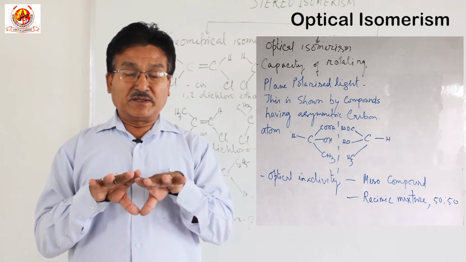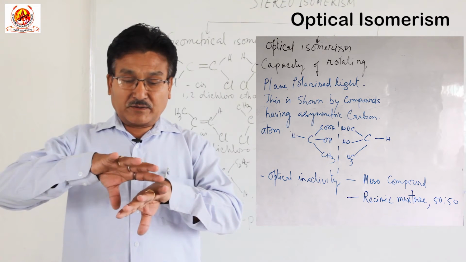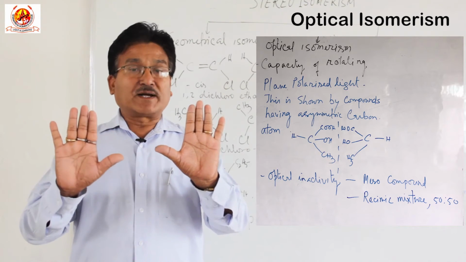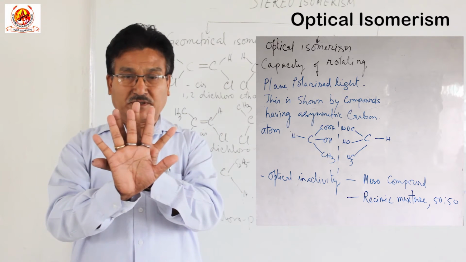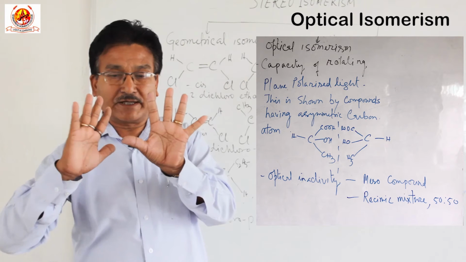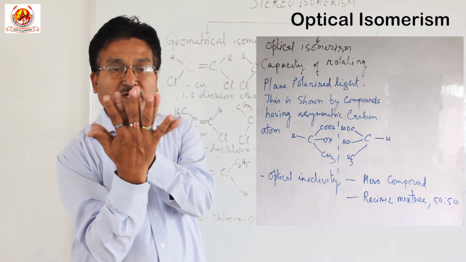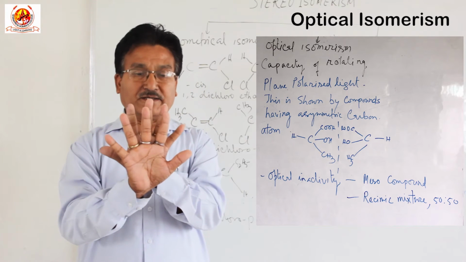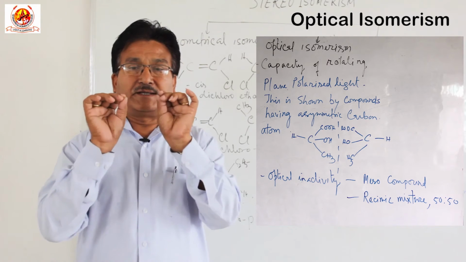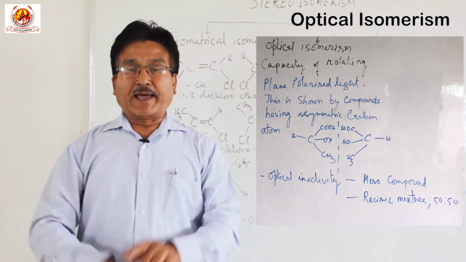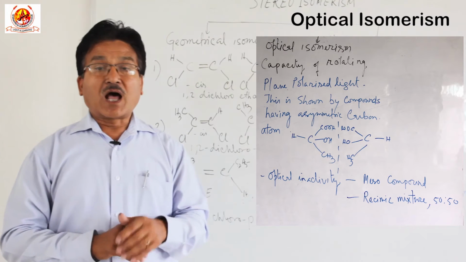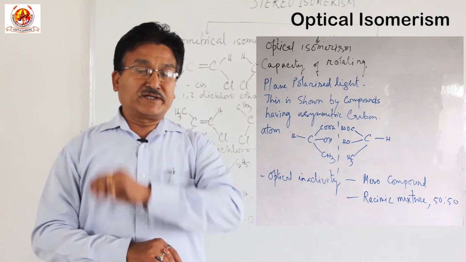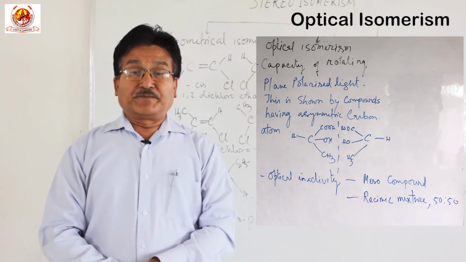They are non-superimposable. You see, our palms are mirror images of one another. We cannot superimpose them. If we rotate one like this, it looks superimposed, but in this case the compounds would have to be arranged like this, not like that. So this is called non-superimposable. Non-superimposable mirror image isomers are called enantiomers. These are the two enantiomers of lactic acid.